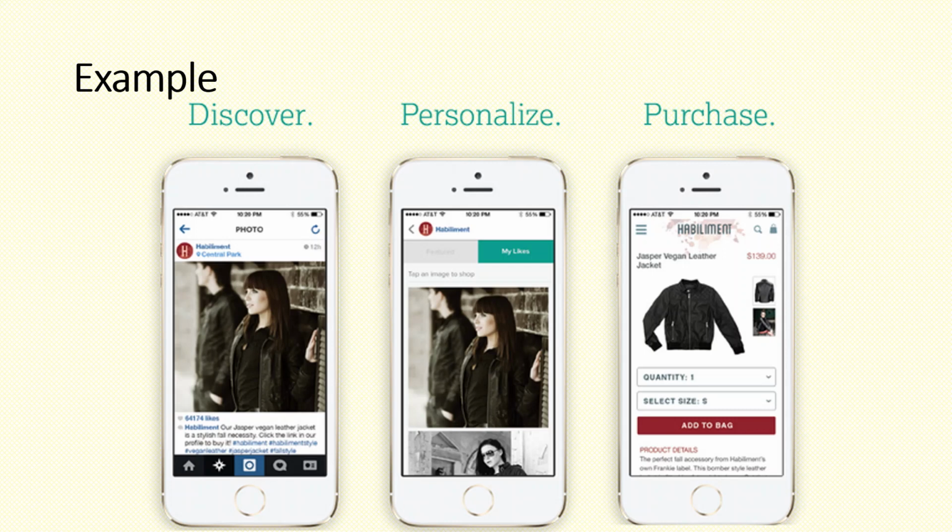All the purchase details of the product or the brand details can be easily attached to the image. We click on that image and we are redirected to the brand's website and can easily purchase that product. So we can say that customers can easily go from inspiration, that is discovery of the product, to action, that is purchase of that product.